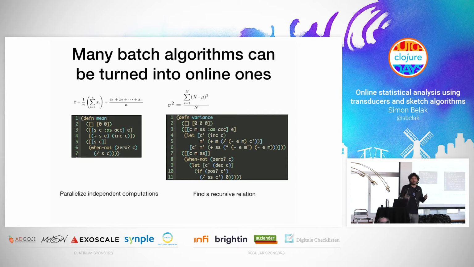And oftentimes it turns out that when you have various sums and so forth, if you rearrange things a bit and remember maybe some high school algebra, you can turn your algorithm into a single pass one. The other one is